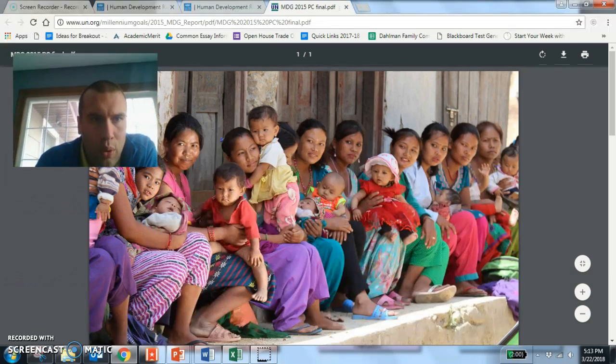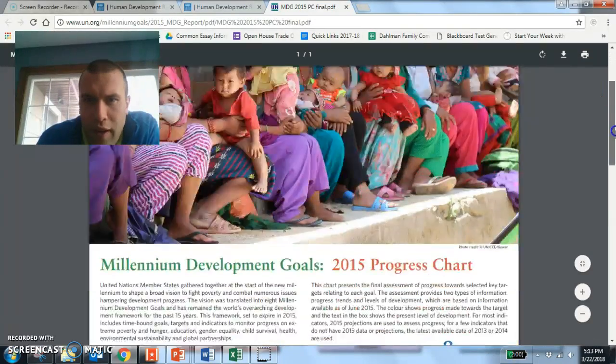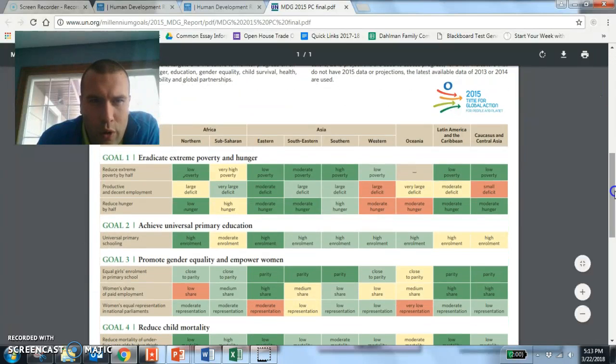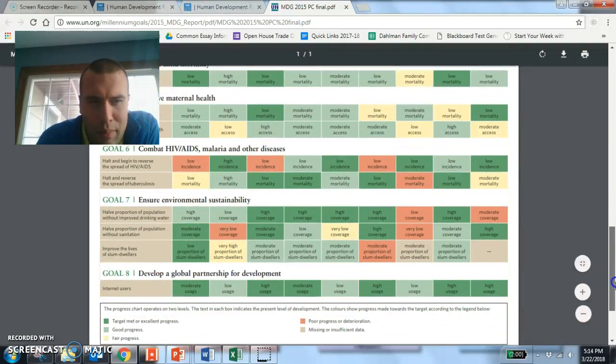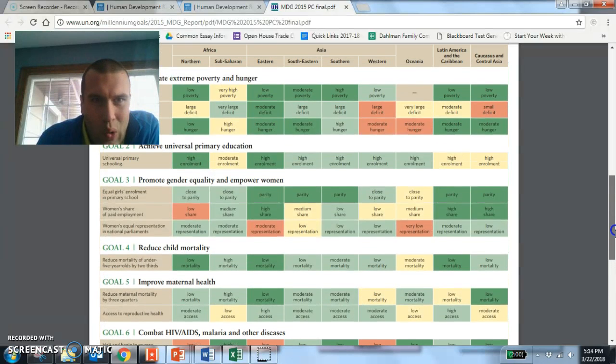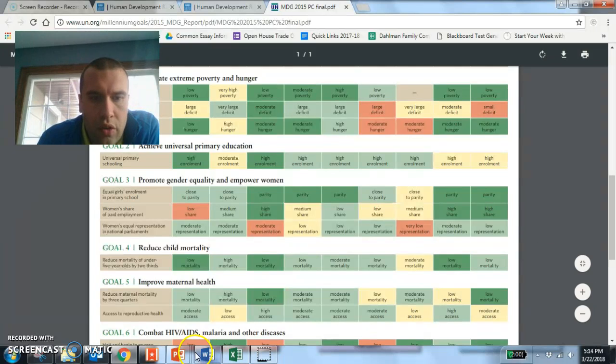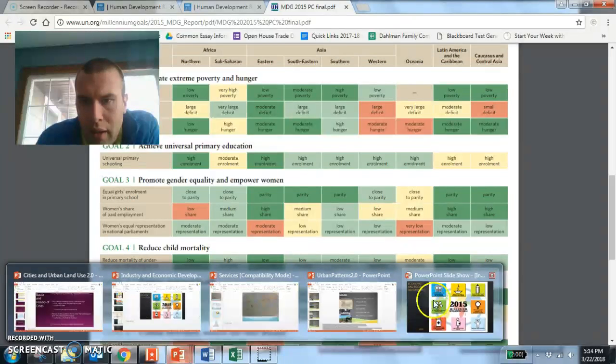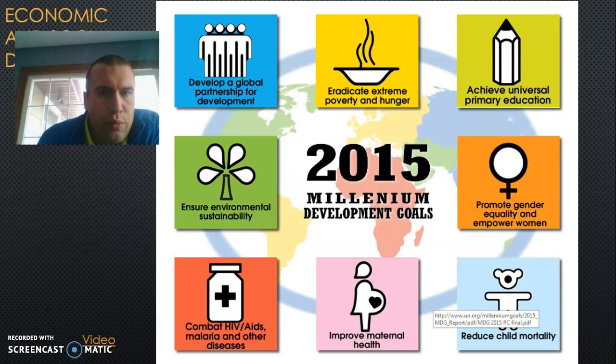Here is the report of their final findings. And what you're looking for is, okay, green is good progress. Yellow is okay progress. Red is they went backwards. And you can see, is it perfect? No, but there is a lot of green here. And so the decision was made by the UN that they had all these measurable goals from 2000 to